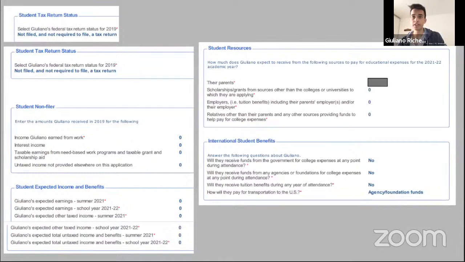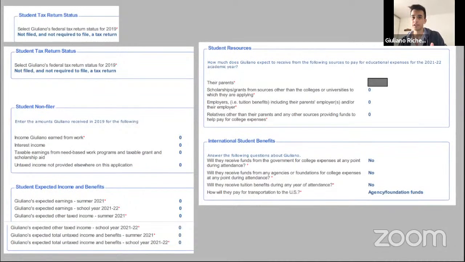So we're getting to the end of the CSS profile. After we file all of your parents' information and your household information, we're actually going to go for the student information. Most high school students in Argentina will not file taxes, will not be legally working. So that would mean en blanco. If you have a job, it's probably not en blanco, or it's by a program, it's an internship, it's unpaid. So first of all, as always,